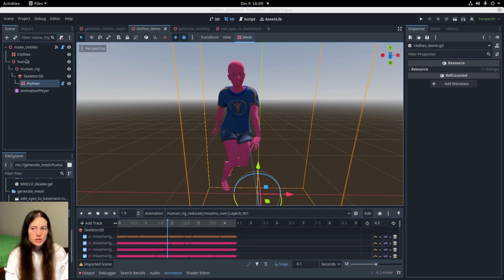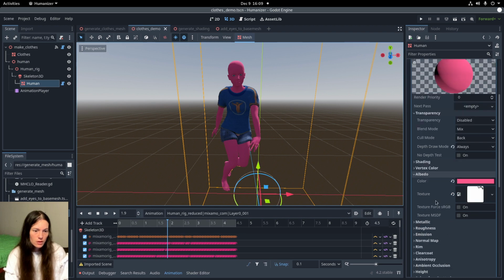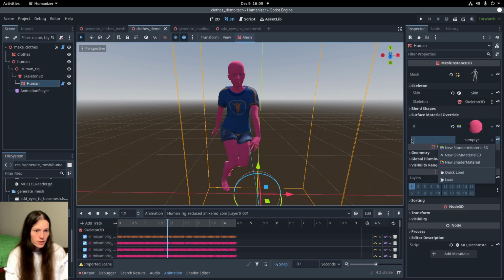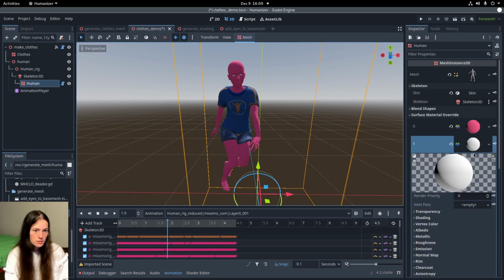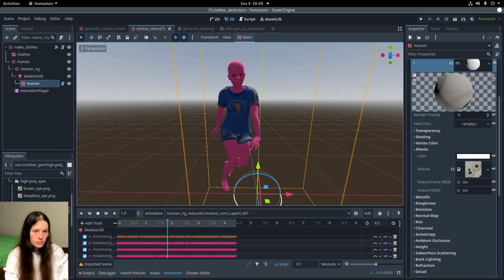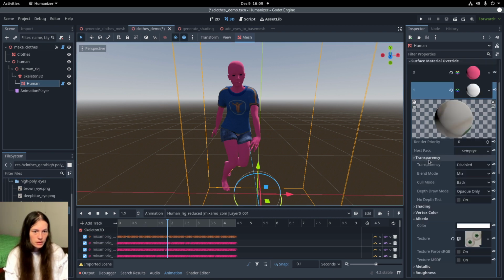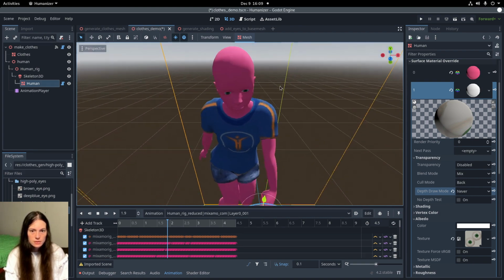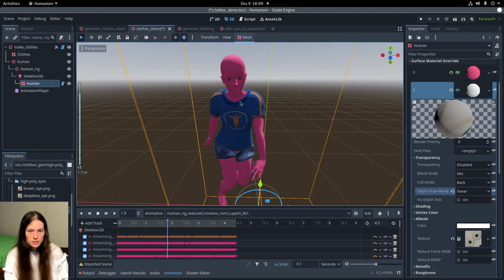And you can still change the eye color on the model by setting the surface material override on the second material, so the 1 index, so you'll set the albedo, and under transparency set the depth draw to never, and now you can see the eyes. So you can change the texture that way,